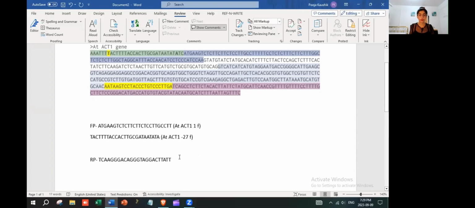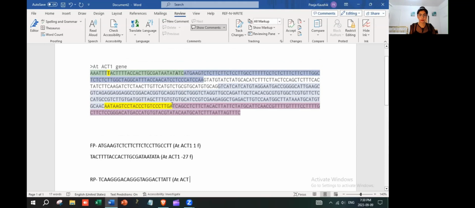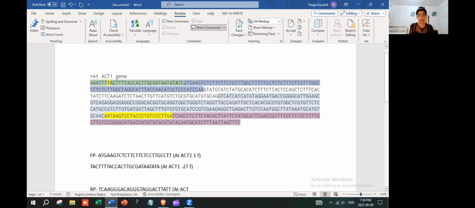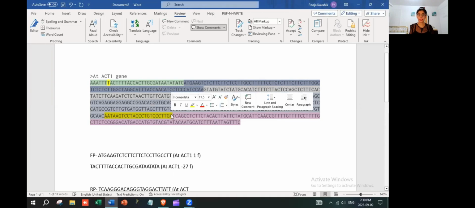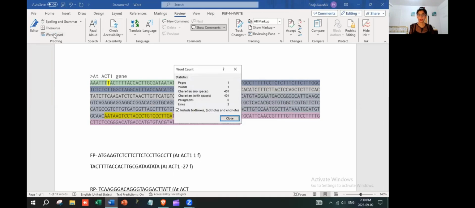For your reverse primer, the initial things are the same. It's just that you have to include how long your complete insert will be. So if you are only designing the forward primer from ATG, then you will select from ATG all the way until you reach the stop codon and then do a word count. So this is your 401 bases long region. So you are going to write